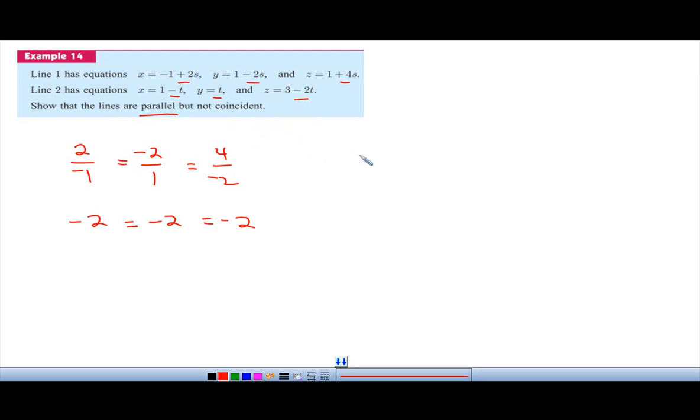That means that they're different lines, not the same line. So let's take a look at line 1 here. For line 1, let's say s is equal to 0. If s is equal to 0, my x, y, and z would be, let's see, x would be negative 1, y would be 1, and z would be 1. Now for line 2,